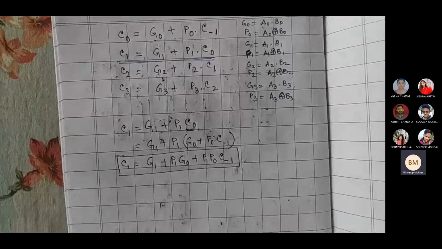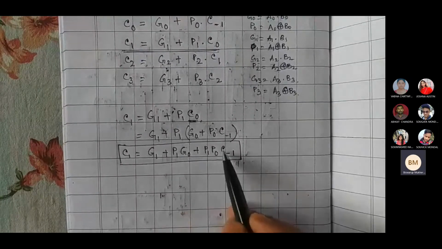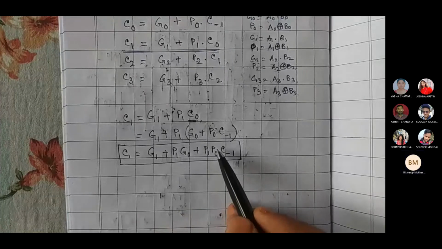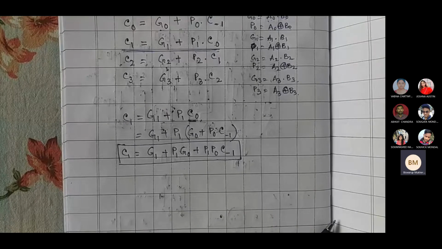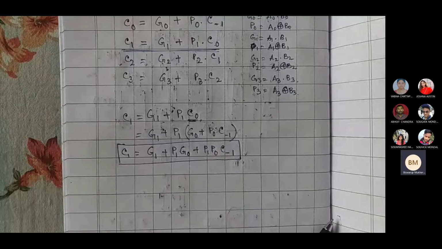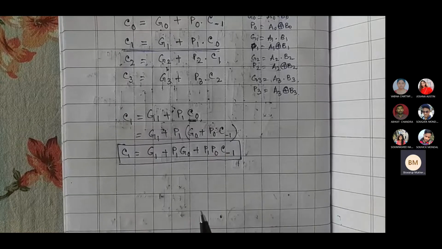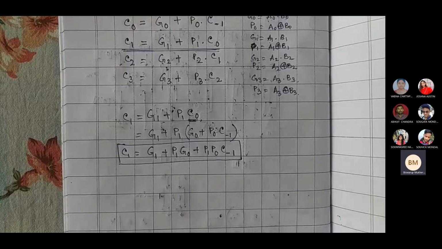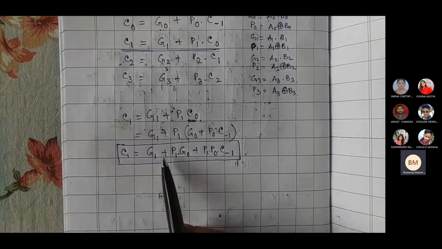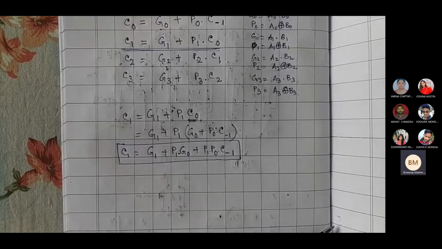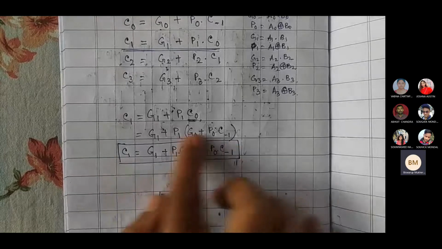What have I done, why did I do this? Because all these P and G values, whatever they may be, we are finding out, all of them come right after one gate delay. After the delay of one gate we can find out all these P and G values. And this is C minus 1, which was initially in my hand, right? So C1 can also be found at one clock delay. After one clock delay I have got all these, plus this is the second clock delay for the operation, and the third clock delay is for the OR operation. So after three delays, three delta T time, I can get C1.